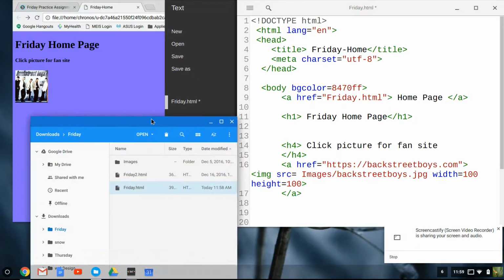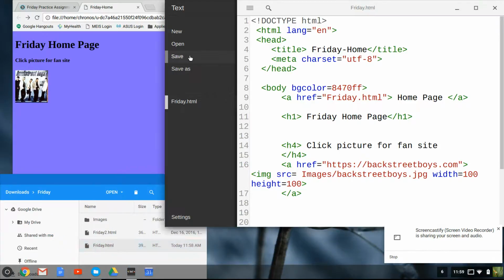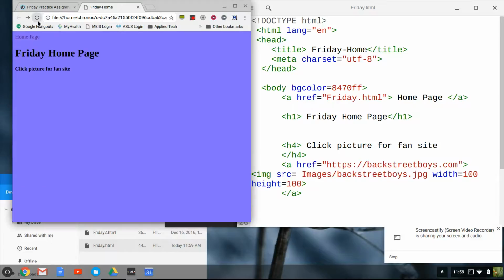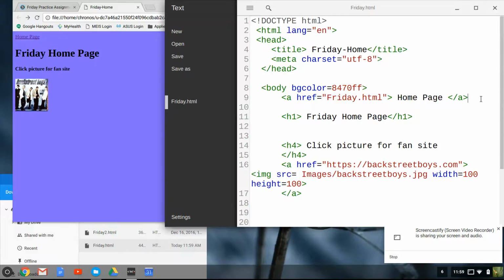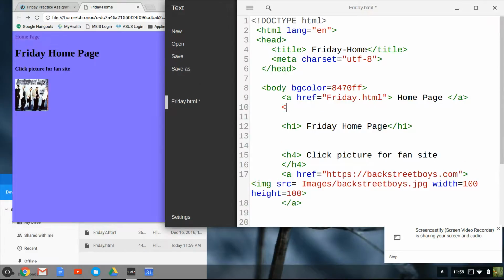So if I save that and refresh, it should have a link that links it to itself. So if I click on it, it's right back to its original self. I'm going to put another one here that's going to link to the second page. So href equals quotation mark Friday2.html quotation mark. And I'm going to say second page